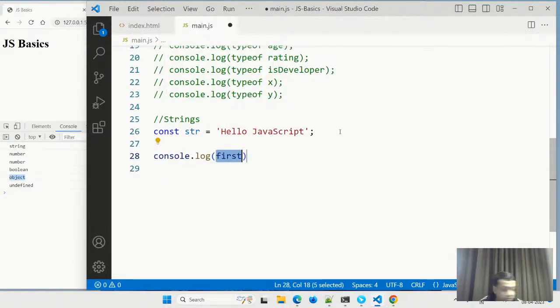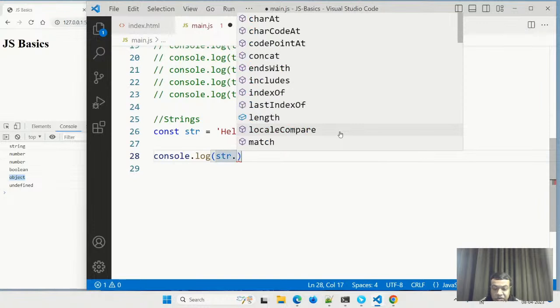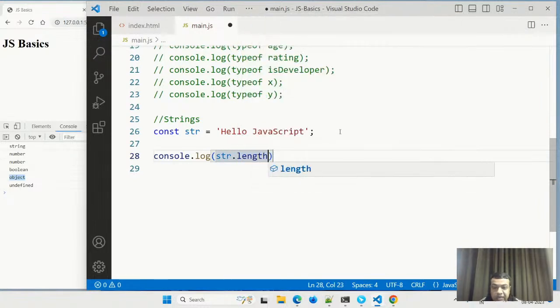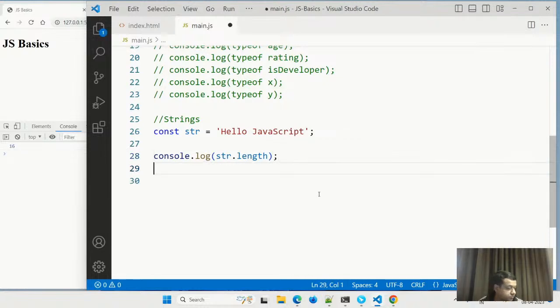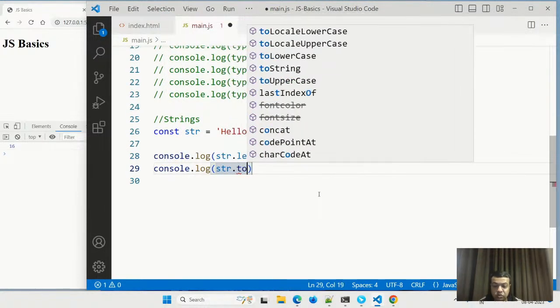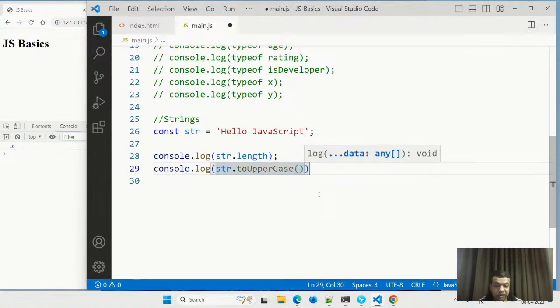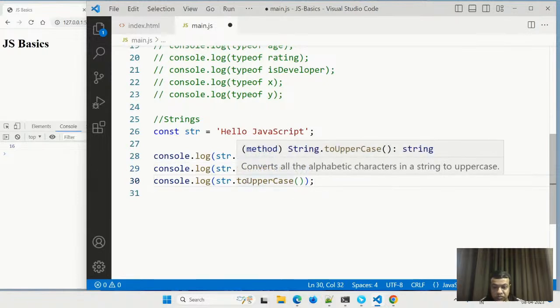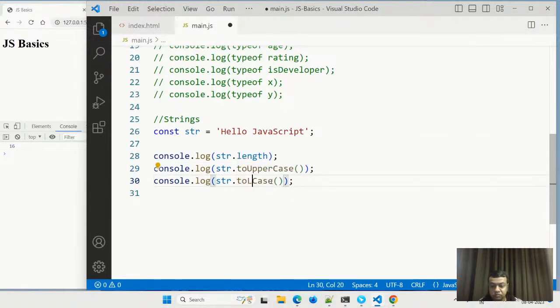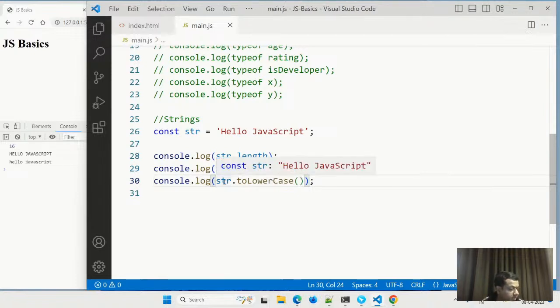So str dot length, and it will give me the length of 16. Then str dot toUpperCase and toLowerCase are functions.